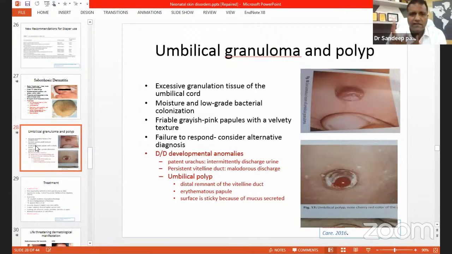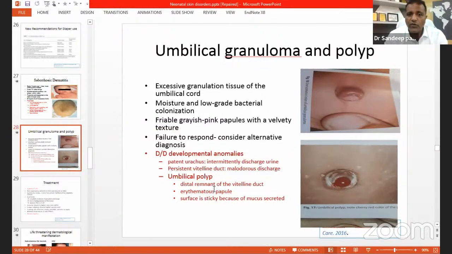Another important slide which I want to tell you here is these two slides you please keep in mind. So uppermost part is umbilical granuloma and lower part is umbilical polyp. Both of them you should keep these pictures in mind because treatment of them is totally different. Why? Because sometimes if you confuse umbilical polyp with umbilical granuloma, then a lot of complications are going to happen